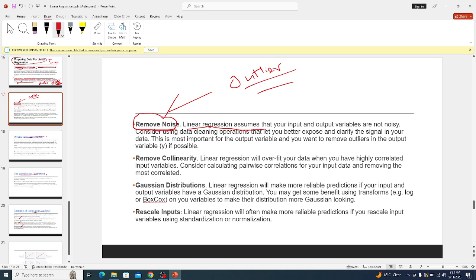So linear regression assumes that your input and output variables are not noisy. Okay, consider using data cleaning operations that let you better expose and clarify the signal in your data. This is most important for the output variable, and you want to remove